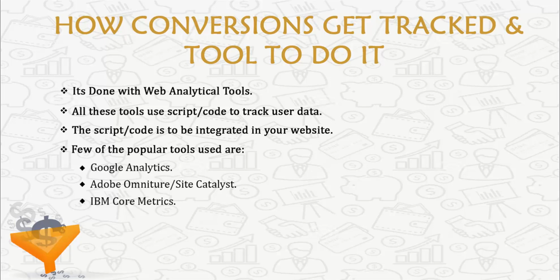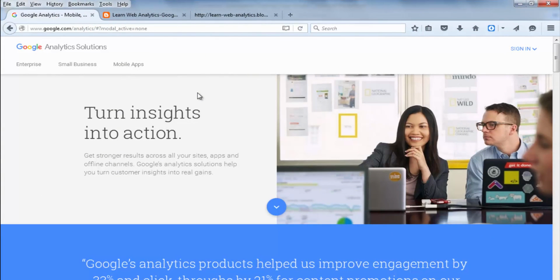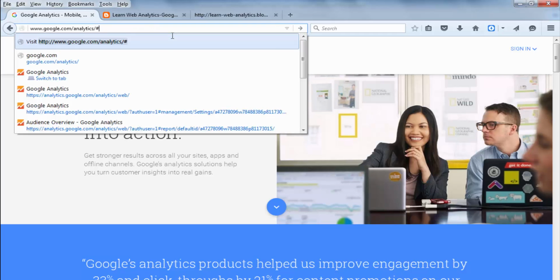But definitely you have all options open, and even your company could have some other tool from their end to do the same. So that's a brief background about how these tools are important and how tracking works. To give you some practical know-how, let me show that if you are looking at starting this activity for your website, then specifically for Google Analytics, you can go ahead